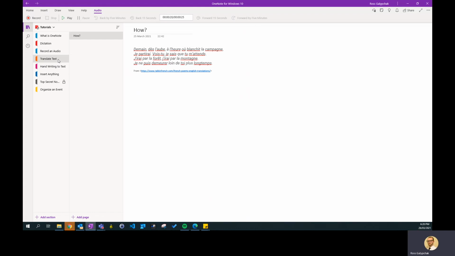You can even translate text. So if you like going to Google Translate, this does exactly the same thing. So I found a French poem and I'd like to know what it says in English, and I copied this extract from a link on a website. And when you do that, OneNote will even tell you. Pretty cool, huh? So how do you translate this? You can simply highlight the whole thing,